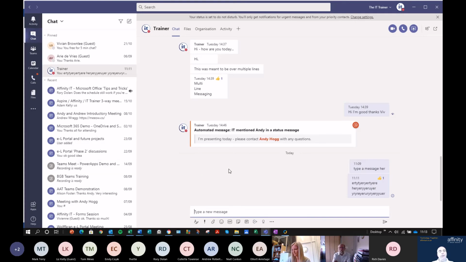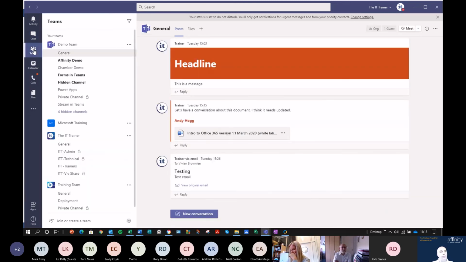Now, where this takes it to a different level is if we start using this feature called Teams, which is actually part and parcel of Teams. So if I click on Teams, there are some very, very similar features to the chat we've just used, and there are some features that are unique to Teams. So Teams is the way you collaborate, and one of the key things here is an understanding of what a channel is. So in this demonstration, we have a demo team, and a Microsoft training team,